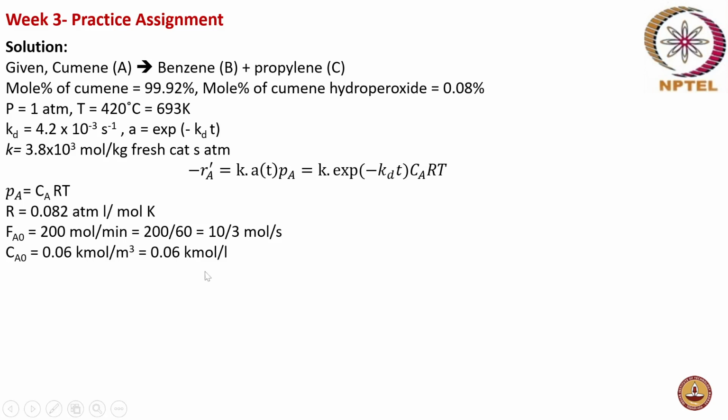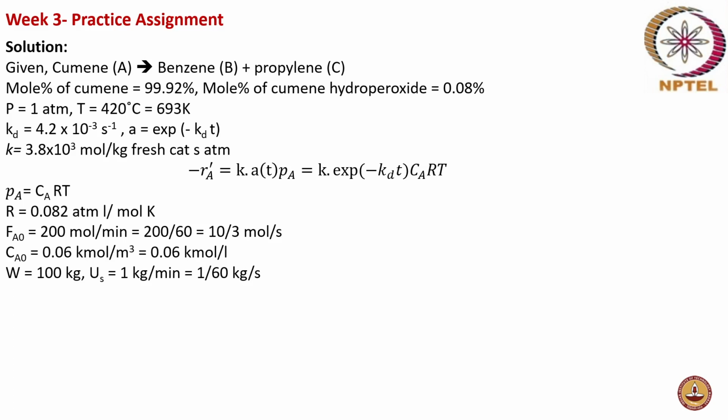It is actually 0.06 mole per liter. It's not kilomole per liter, because when you are converting kilomole per meter cube to mole per liter, here also there will be 10 power 3 and the denominator also has 10 power 3, so it gets cancelled. Okay, and then W is the weight of the catalyst, and since it is a moving bed reactor,